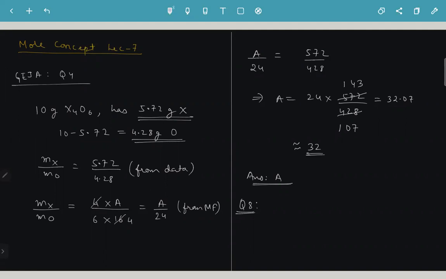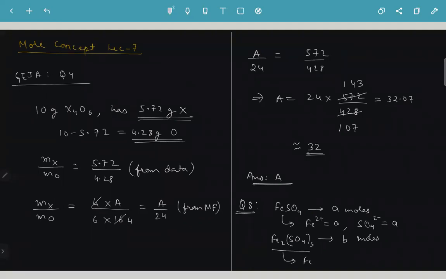So we have FeSO4, suppose it has A moles, and we have Fe2(SO4)3, it has B moles. So how much Fe2+ will be in this? Fe2+ will be A, SO4 2- will also be A. If we look at the number of both according to the formula, it has A Fe and A SO4, equal number of Fe and SO4, that is 1 and 1. So A moles of FeSO4 will contain A moles of ferrous ions and A moles of sulfate ions.